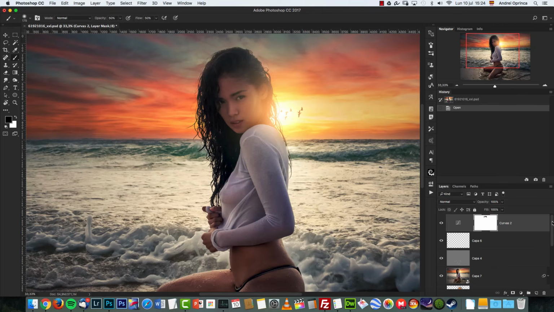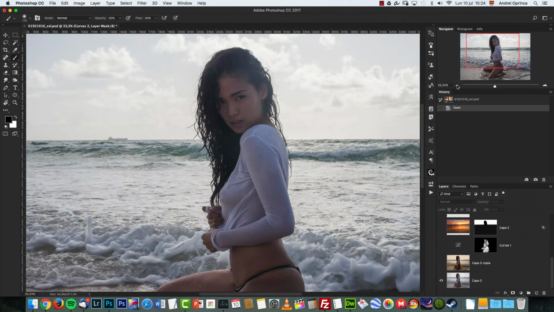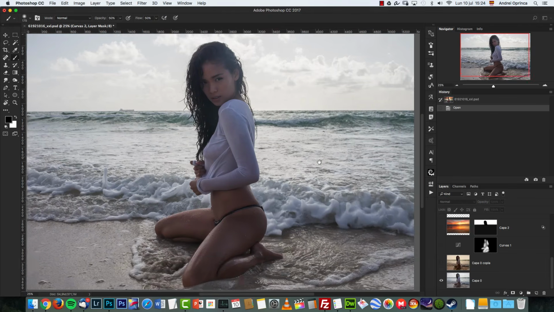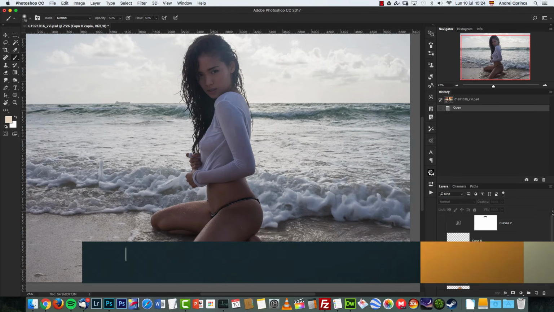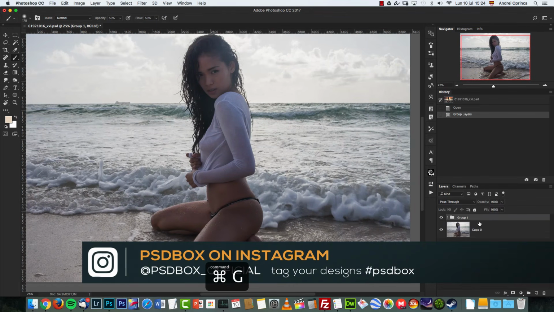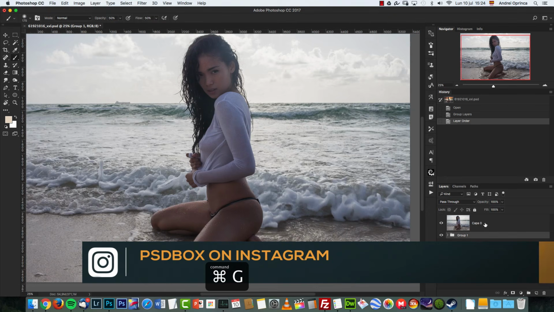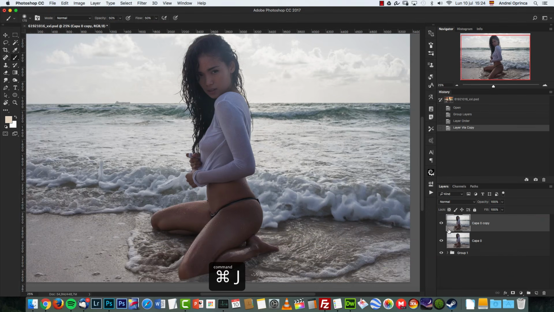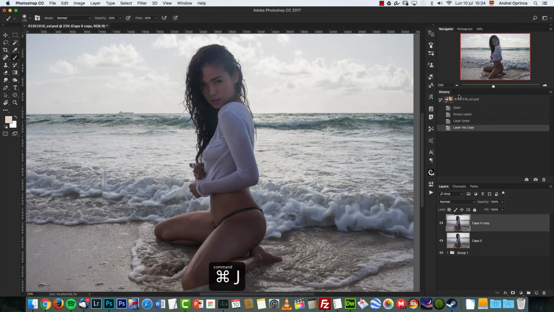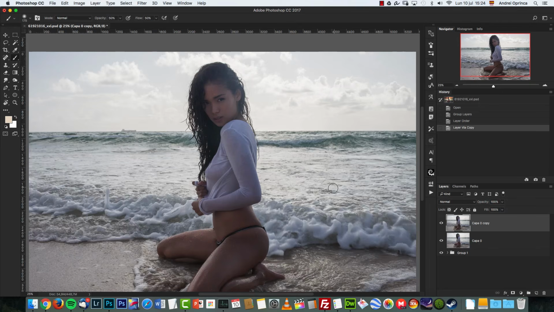So we're gonna start by opening the stock folder, and this is the image that we're gonna start working with. I'm gonna group everything here, so I'm gonna start creating the effect again. So the first thing we want to do is create a copy of our model, and for this technique to work, you need an overexposed sky, and it will work a lot better. So this will be our copy, and the first thing I want to do is create a new sky here,